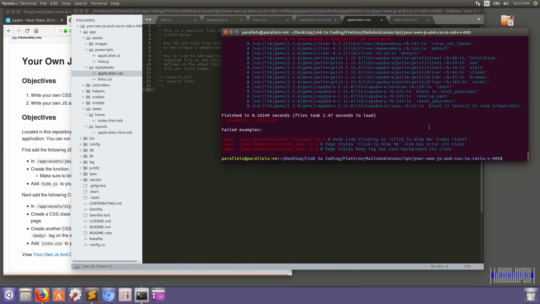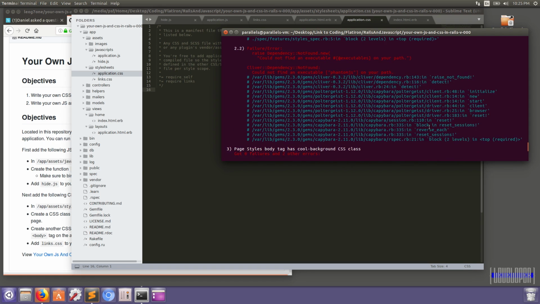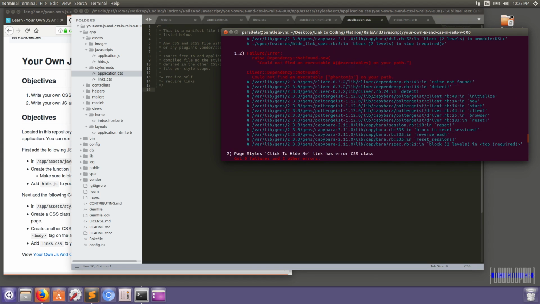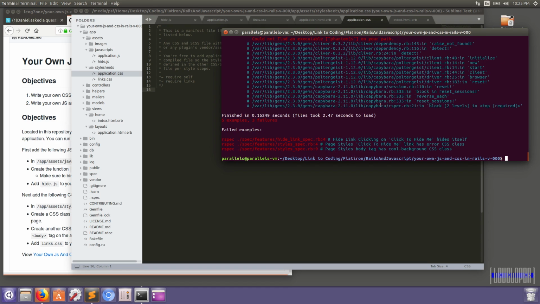Okay, there are 3 failures. Now, as you see here, it says my failures are this. Page styles click to hide me as error CSS class, and it's saying that it cannot find the executable for that. Okay, now just to show you what I mean by just because it doesn't pass doesn't mean